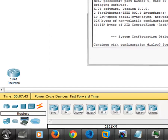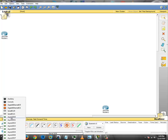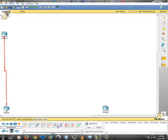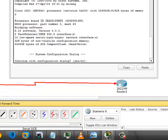oops. Actually, before I do that, I want to connect these guys. So I got to go from here. I did serial 0/1/0, and I'm going to serial 0/0 on that one. And I haven't configured it yet, but on this one I'm going to go from 0/1/1 to serial 0/0. Okay. So this one, no,